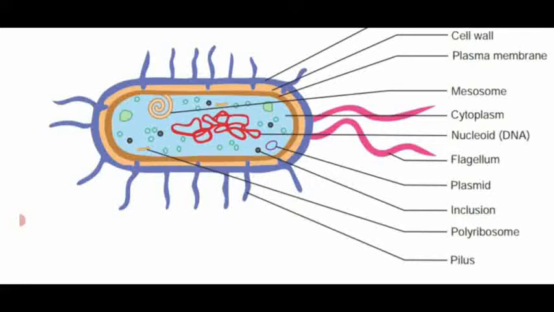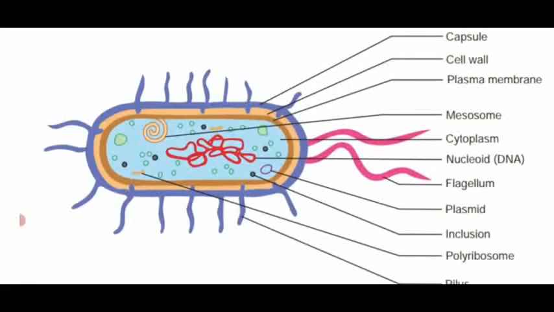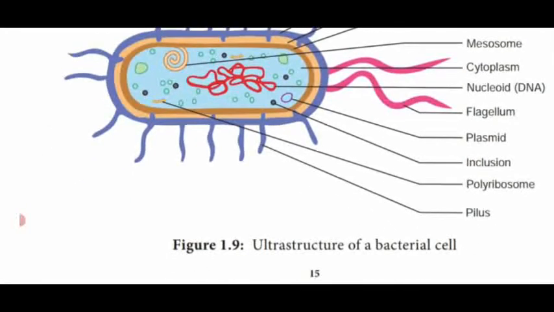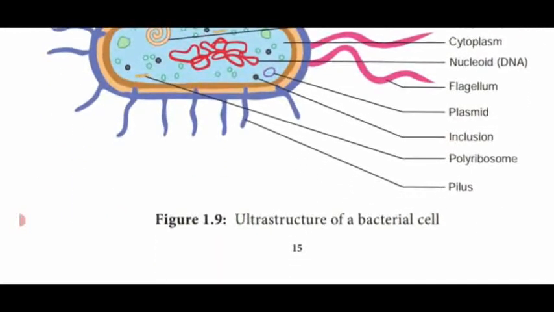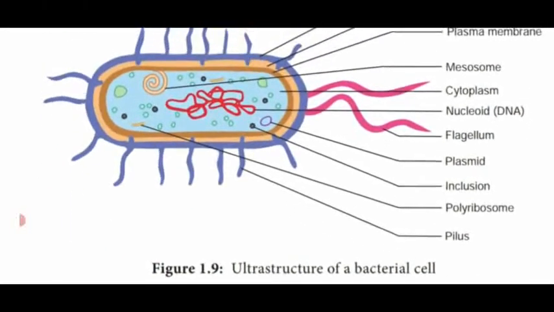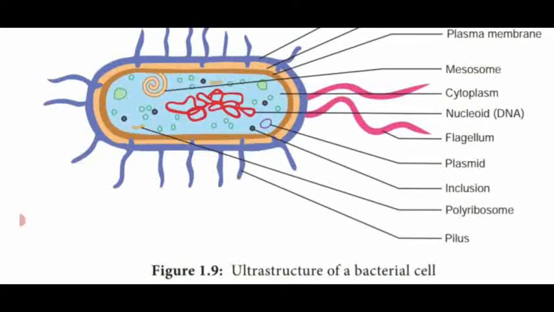Then on the outer surface, there is a long hair-like outgrowth which is named flagellum. Other than the flagellum, which is pink in color, there are other hair-like outgrowths which surround the body surface of the bacteria, named pili or pilus. This pili is responsible for reproduction. At the time of reproduction, they form a tubular-like structure. It is called a conjugation tube, so these pili are named sex pili.